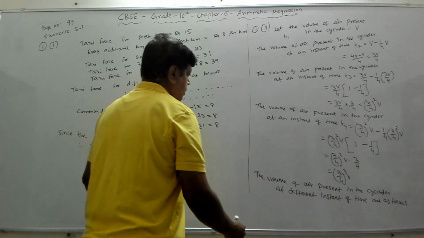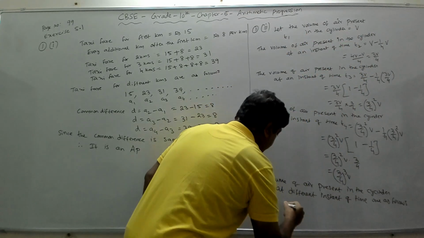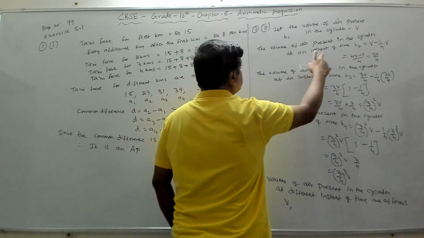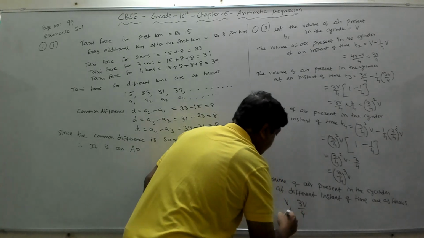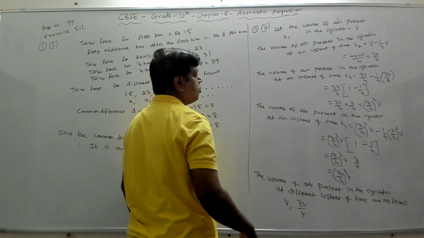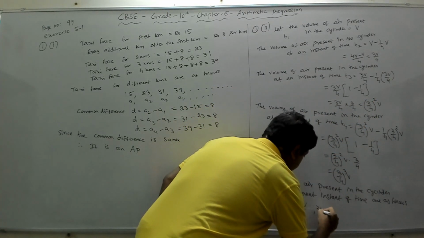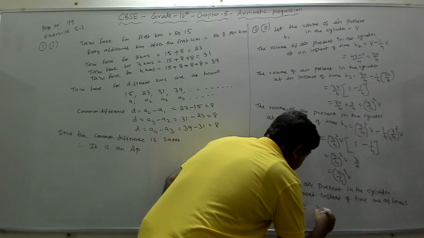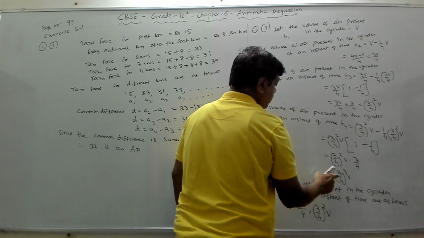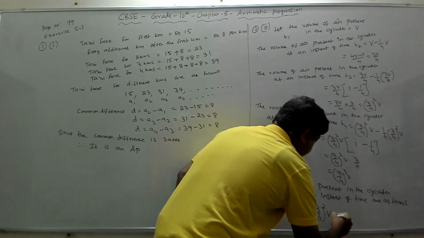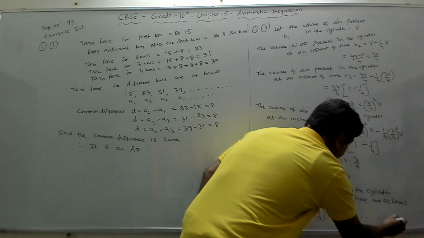So what are they? So initially it was V. When the time is t1, it was V, comma. When time is t2, it was 3V by 4. So from V it became 3V by 4. It reduced by 1 by 4. At t3 instant, it is 3 by 4 whole square into V. That is when time t3. Then when time is t4, it is 3 by 4 the whole cube V. Like that it goes on.